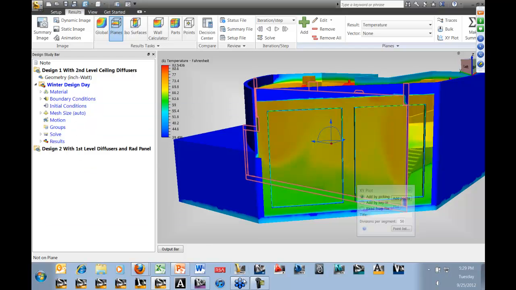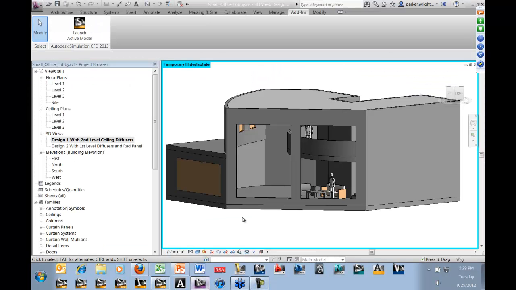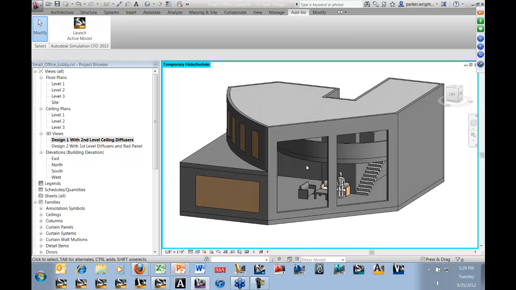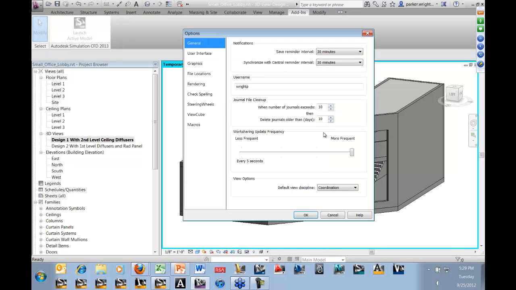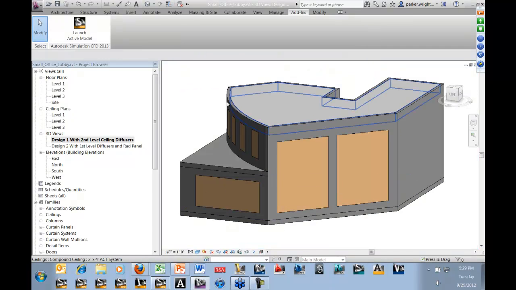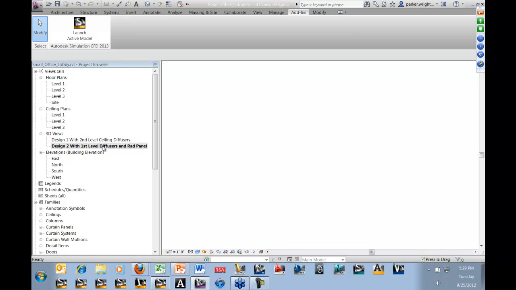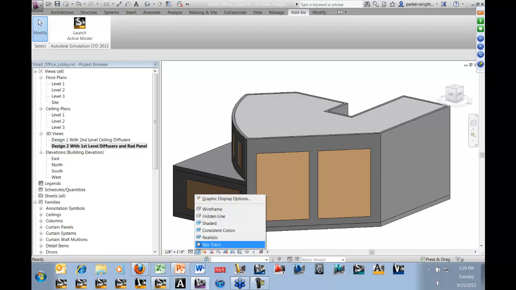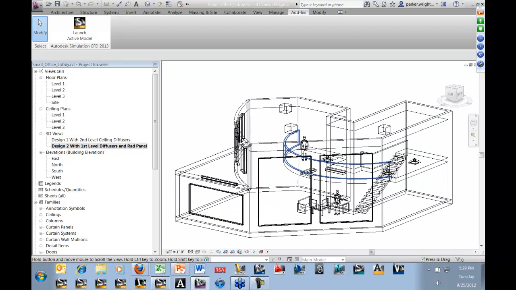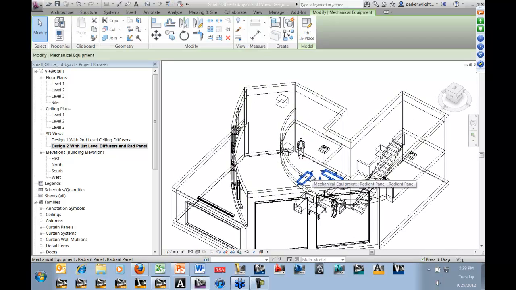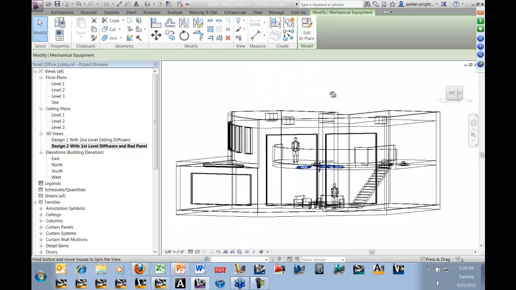All right, so we're going to go back into Revit and make a design change. All your modeling happens in Revit. That's the, or AutoCAD or MicroStation or Rhino, SolidWorks, again, whatever CAD or BIM solution you're using. And we will actually switch over to a different design. So we'll go to this design 2, and what design 2 does is, let's go wireframe real quick so you can see that. With design 2, the second design, we've added some radiant panels right here in the mezzanine, and